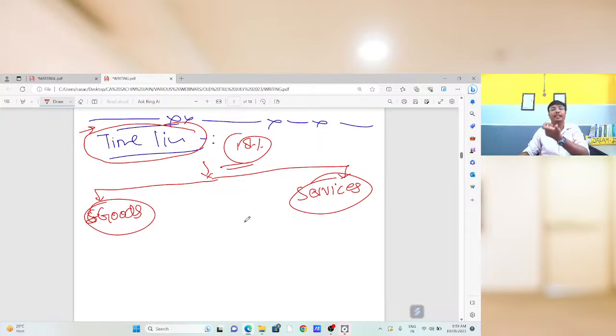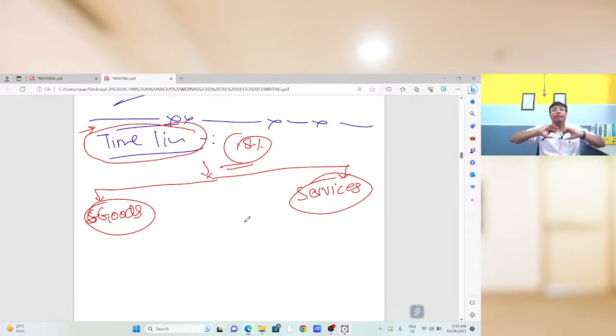In case of goods, in case of services, I need to decide the time of supply. Suppose I am going to make the supply of goods. In that case, we need to decide what will be the time of supply in that specific case. And suppose I am going to supply the advisory services, consultancy services, legal advocacy services. In that case, also we need to decide what will be the time of supply in case of supply of